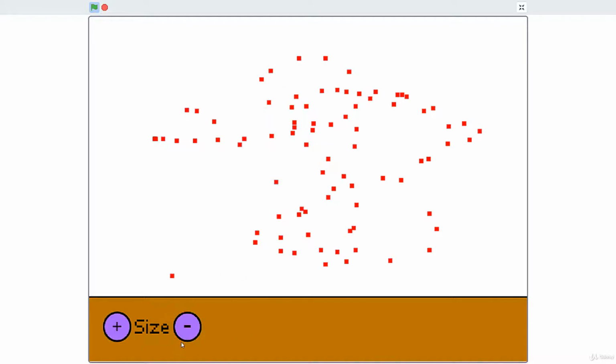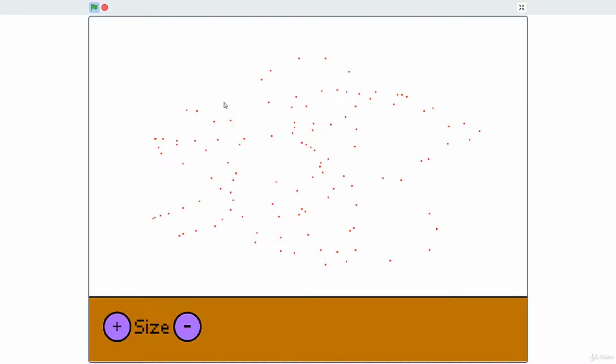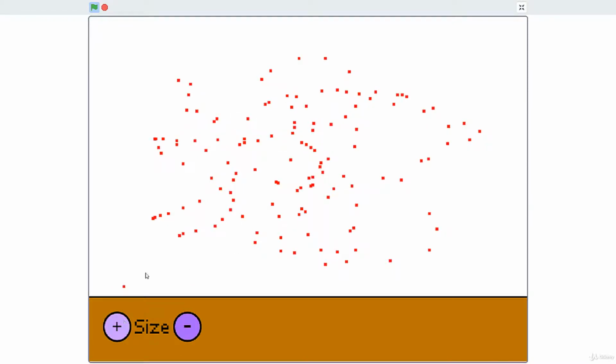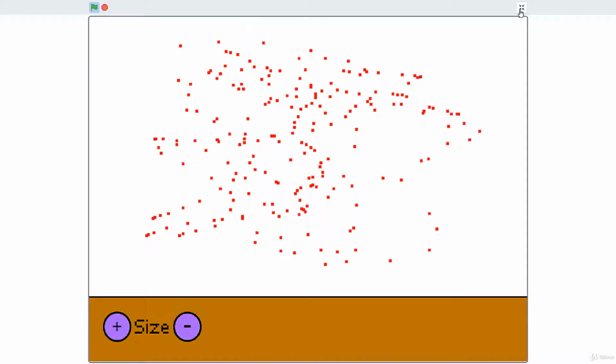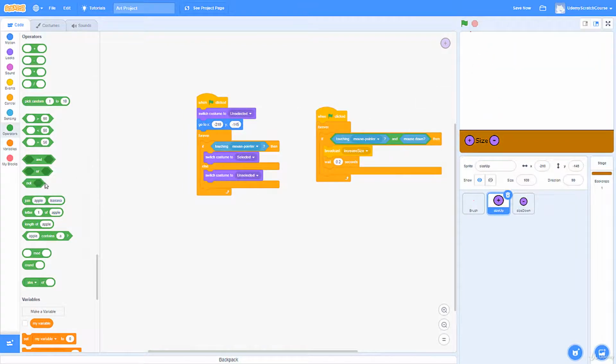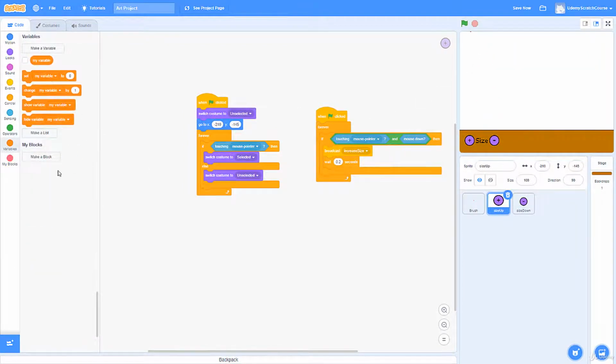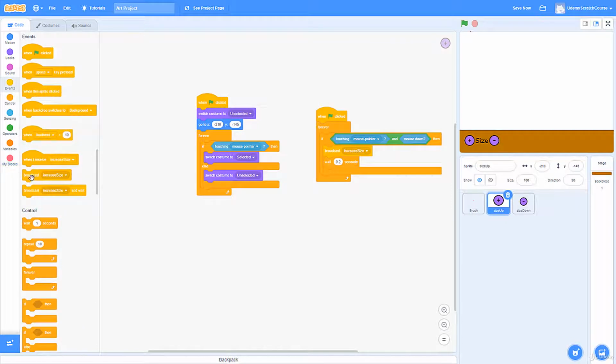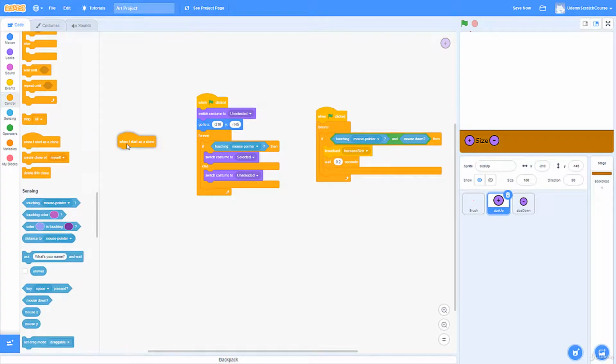Okay, very cool. So now we can edit our size, of course. Wait, why is it decreasing? Oh, here's the problem. It increases it for all the clones too. The clones may not go to the mouse pointer, but the messages affect them. So one thing we could do is set it to a variable. We could do a public variable. Or what we could do is just go